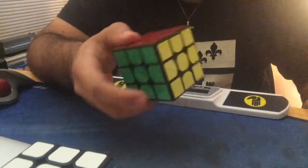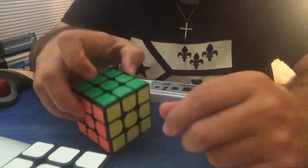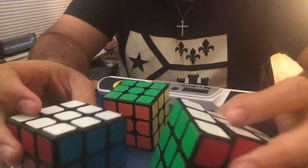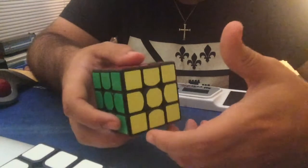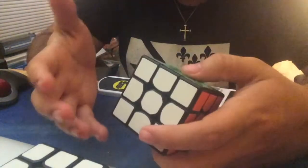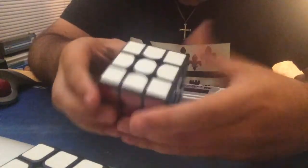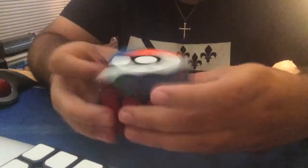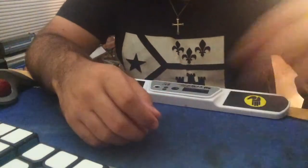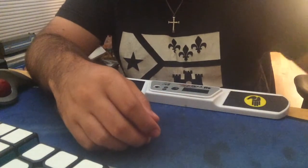But I also started noticing a trend with all the cubes that I was getting. You know, they would last a while, but then they would loosen up and they'd become maracas. And I didn't really want that to happen with this cube, but I kind of figured if I kept using it long enough, then that would basically be inevitable. So what I decided to do is I decided to go ahead and get my first ever magnetic cube,